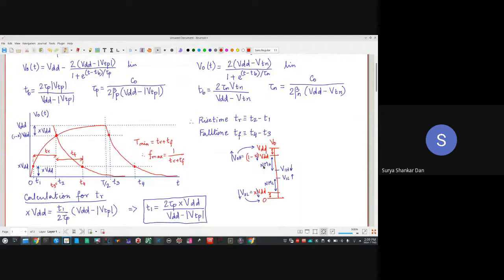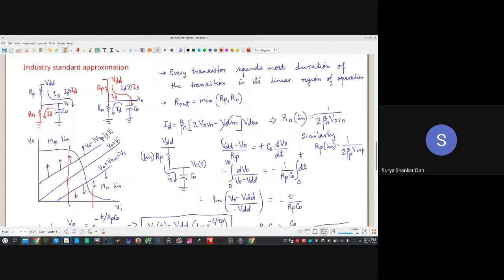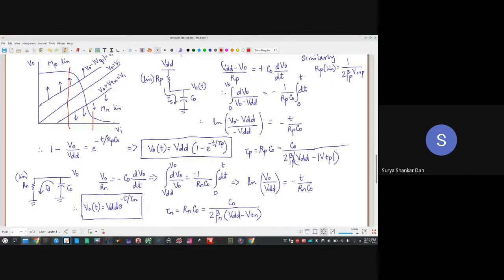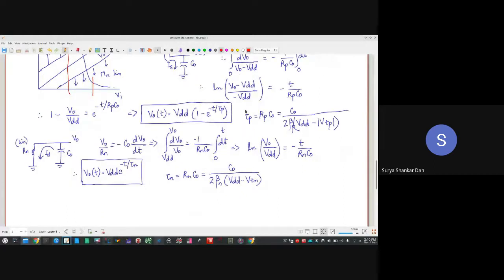Okay. Once the noise margin is determined, that will give you the percentage of VDD for the low and high logic. So once this X is determined, you don't have to bother about the exact values of VO anymore. Yes or no? Then what you need to do is be bothered about T1 and T2 for the rise time, fall time, and all those stuff. For that we can simply use the simple approximation only. Correct. Very good. So the rest of the things you already know.